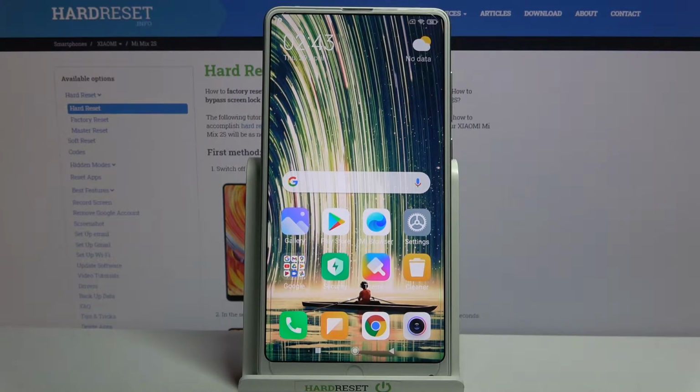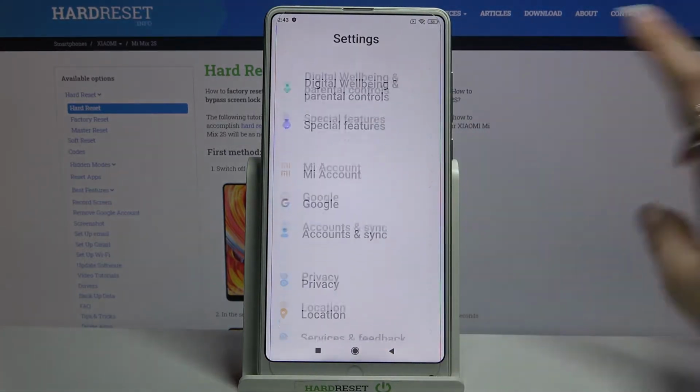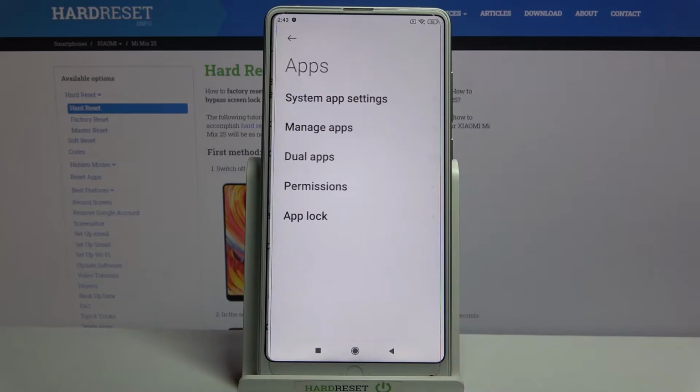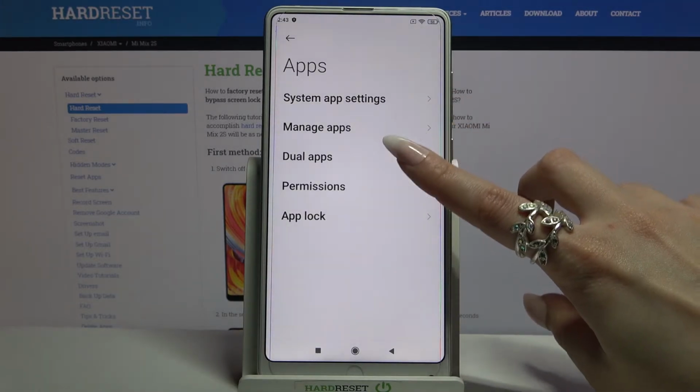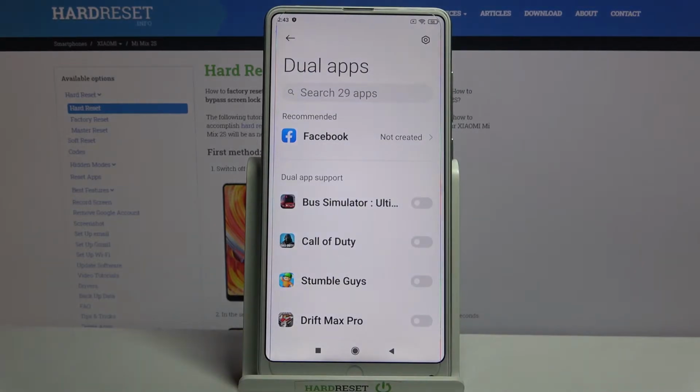Hi, in front of me is XIAOMI Mi Mix 2S, and today I would like to show you how you can use App Cloner on this device. First of all, go into Settings. Now scroll down and tap on Apps. Then select Dual Apps over here and pick the app that you want to clone by clicking on the switcher next